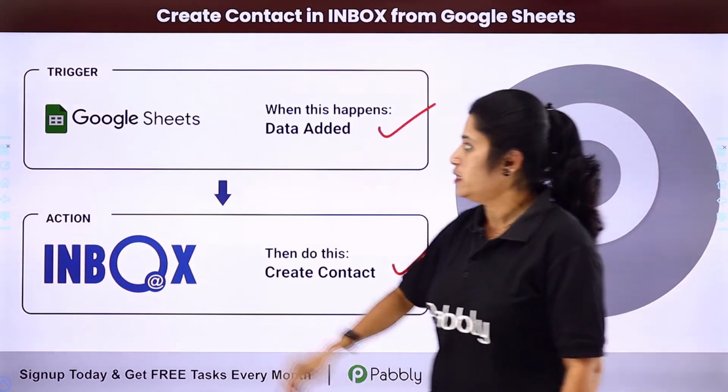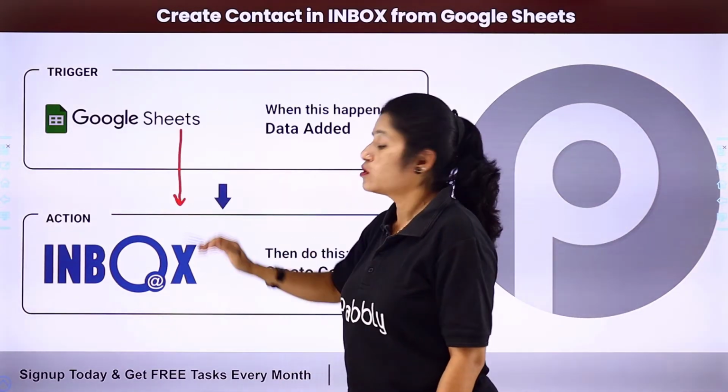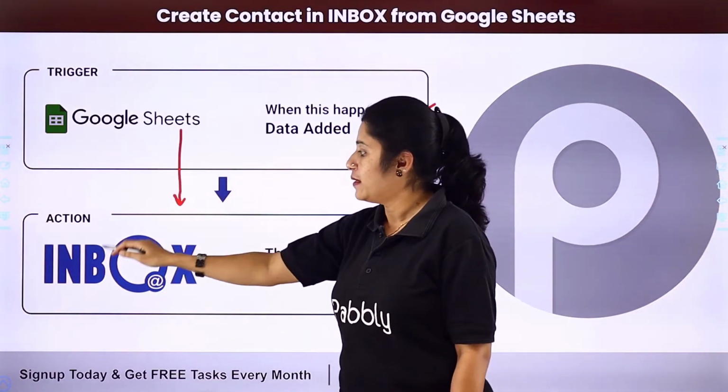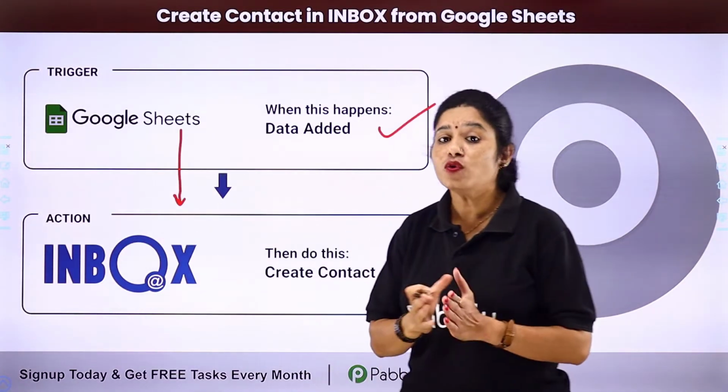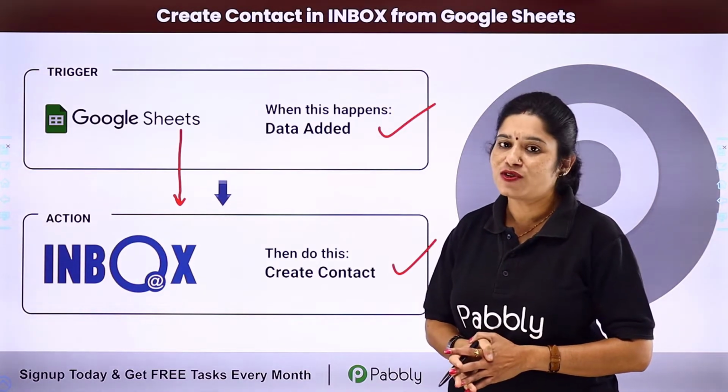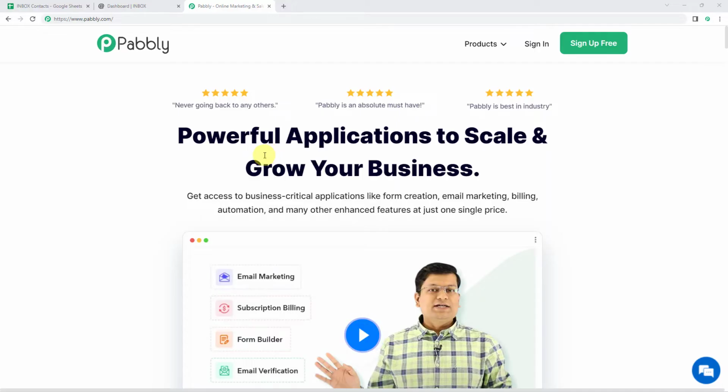For that, you need to integrate Google Sheets with Inbox. So here your trigger application would be Google Sheets and your action application would be Inbox. So how can you integrate both these software applications using Pabbly Connect? For that, you need to come to my screen. To integrate Google Sheets with Inbox, first we need to log into